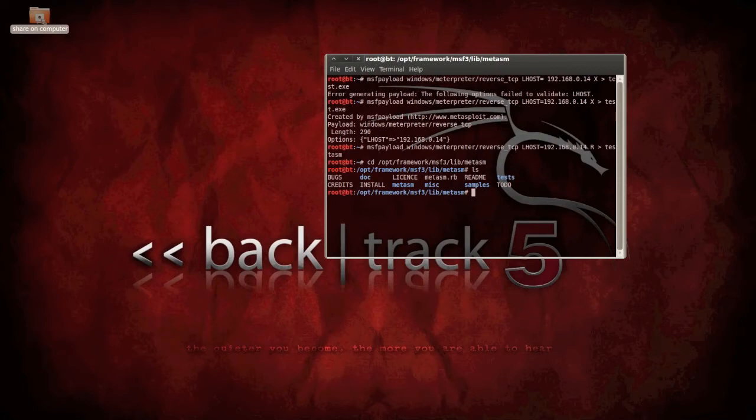And in Backtrack 5, at least in my install here, I need to copy this over to user local lib site_ruby, and then the folder 1.9.2, which is the version I'm running. So we'll do a copy -a to copy the entire directory, entire Metasm directory, that is,